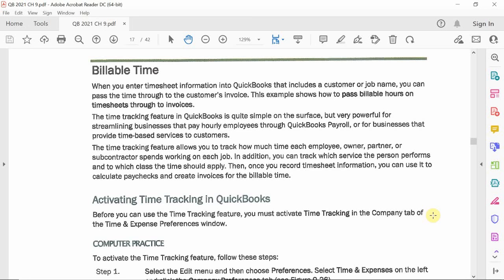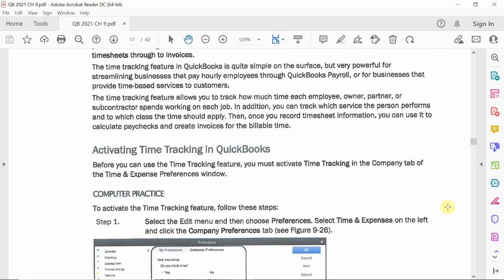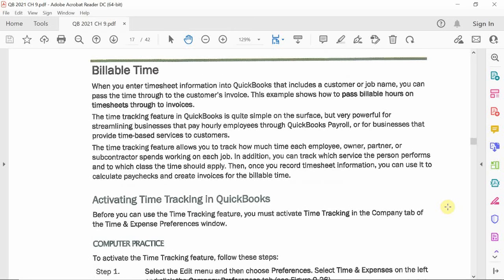Okay, so the next section in this chapter is talking about time. So we talked about items, how you use billable items, how you can use billable expenses. Now the next section is going to be talking about time. Okay, so time is pretty straightforward in regards to,